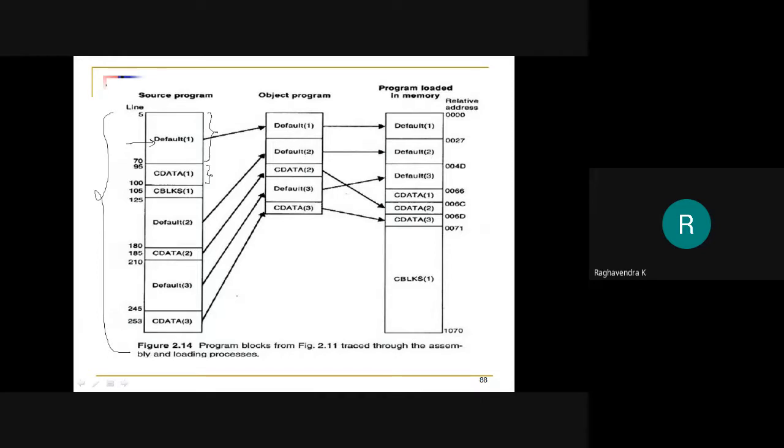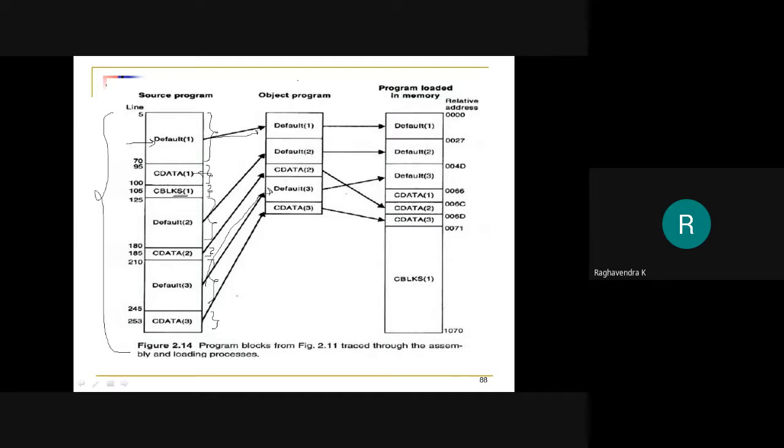Then we had a C data block. Then we had C blocks. So this was the larger data. Then we had read record, with some data items defined in that, then write record, and some data items defined in that. Now what we want is default 1, 2, and 3 to be combined. In the diagram default 3 is missing. I think it's present here. Sorry. And then C data 1, C data 2 and C data 3.